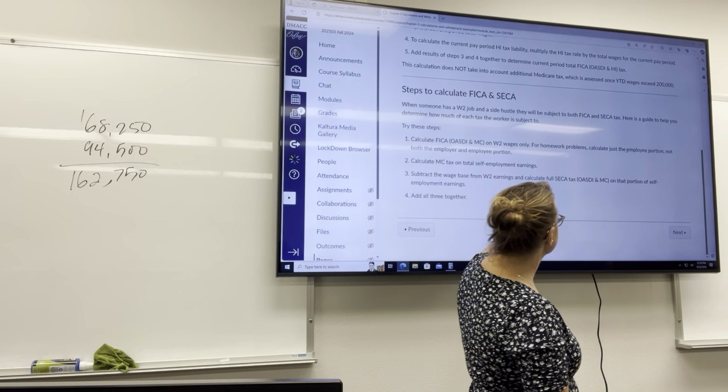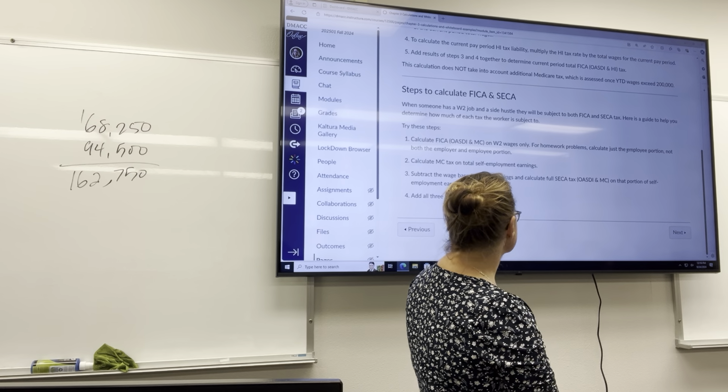Full FICA tax on that portion of self-employment earnings that are